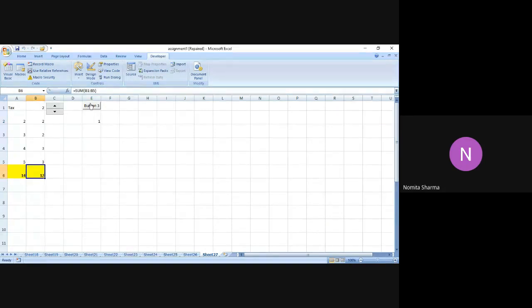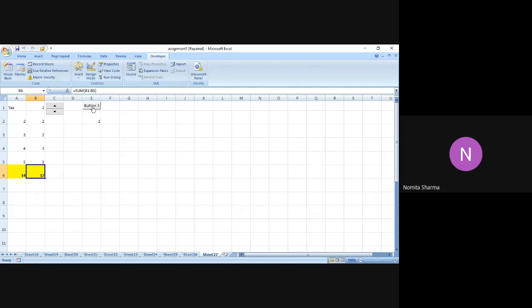When I double clicked on that, the cat macro was having these activities: the numbers, the summation, and the coloring of that particular cell. So the moment I clicked on that button, which has been assigned a macro, I don't have to specially go to the macro command to run that macro. It will only speed up your task of running a macro.